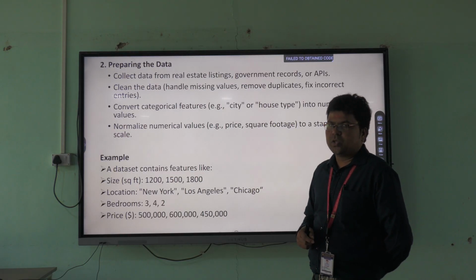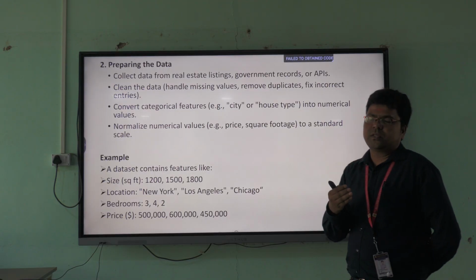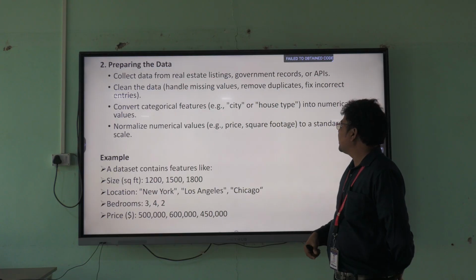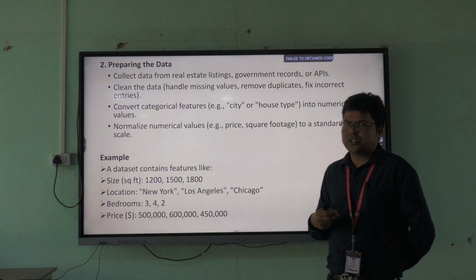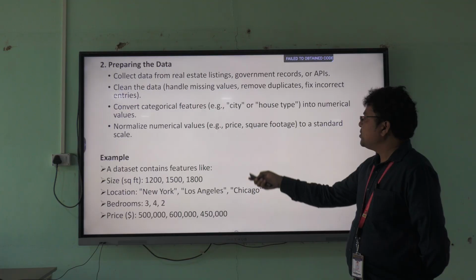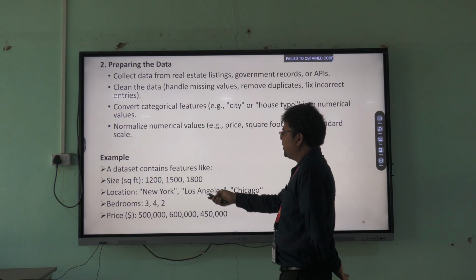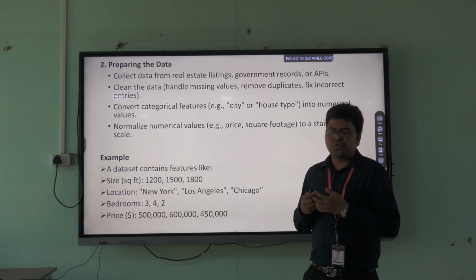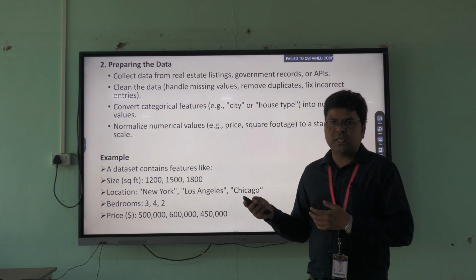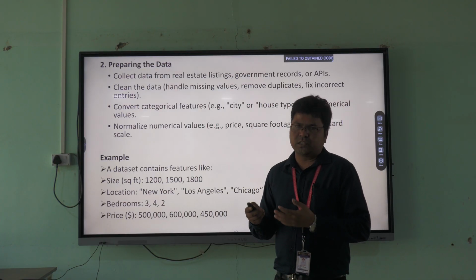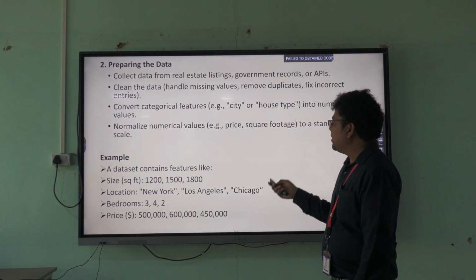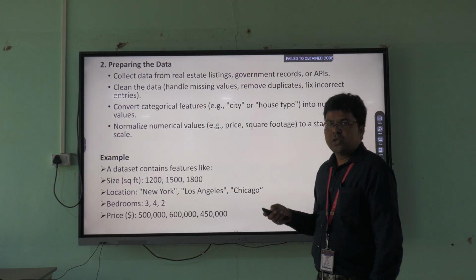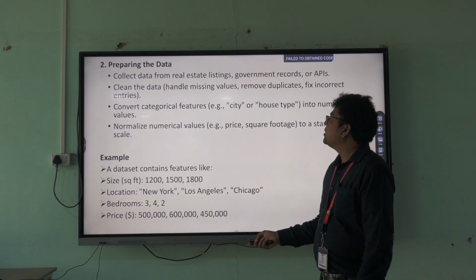Now convert the categories also. The data set contains the square feet, location, bedrooms and price. This is how the data looks. It might be an Excel or CSV file, which contains a lot of records. Here we take the records from different real estate agents and government records to perform our data science project. The next one is